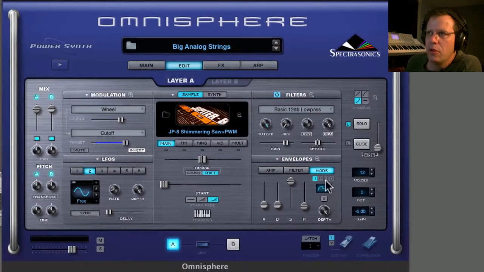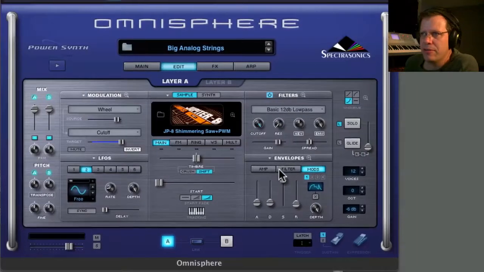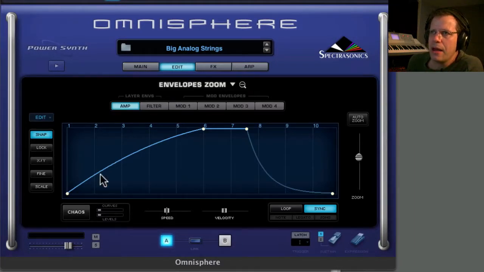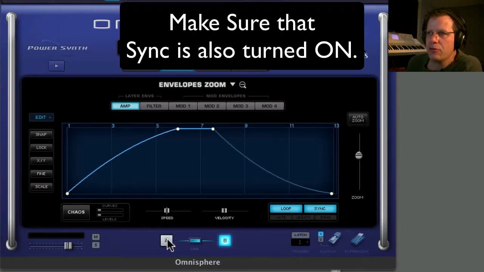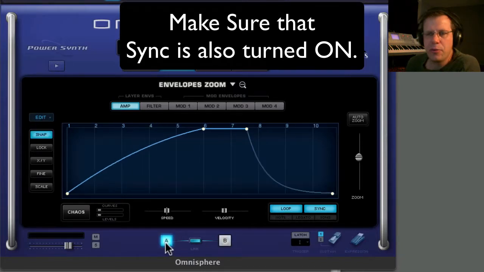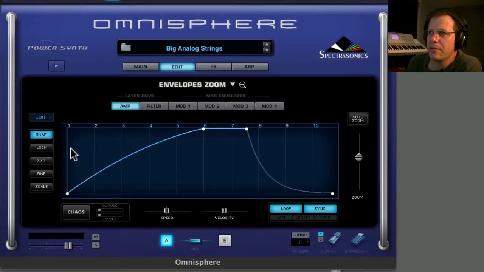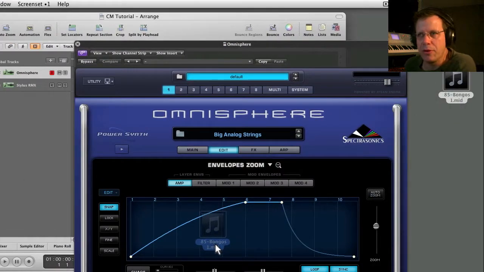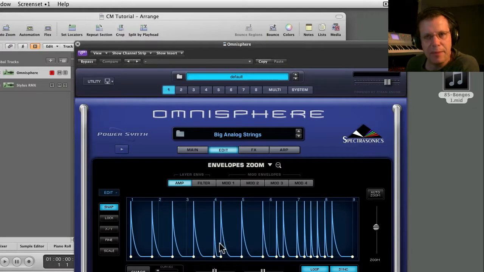Done. So we go over here to the envelope section and click the little triangle. And we want to first make sure that we turn link on and go between A and B and turn loop on, because we want them both to loop when we're done with this. And all you have to do at this point, believe it or not, is take that MIDI file that we just saved and drag it over this window and let go. And it immediately